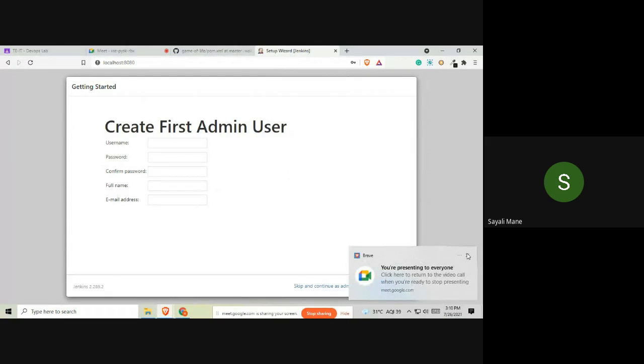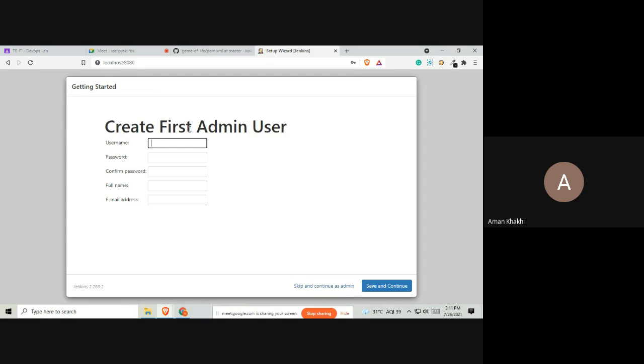See, after you click on continue, create the first admin user. Now create your username, then your password, your full name, and your email address. Now here, keep your Gmail address. Don't keep your official Xavier address, because after college your official email address will expire and you can't use it. So for Jenkins your personal email address will be used.